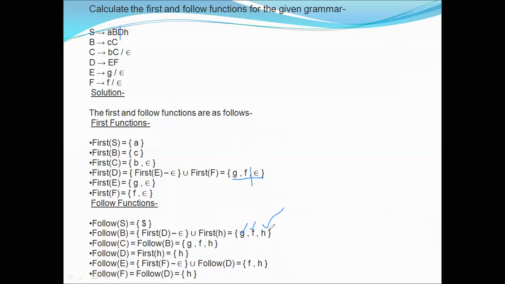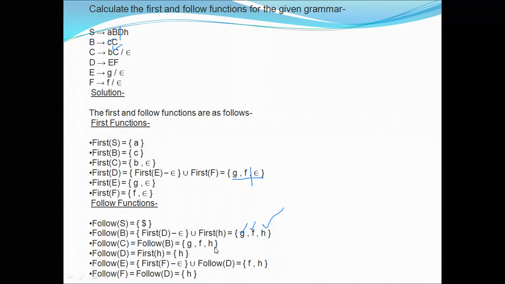Okay, next follow of C we want to find out. On the right-hand side C is here and here, two productions, and C is following what? C is following nothing. Okay, so according to the third rule, include the follow of B. If C is following nothing, include the follow of B. So what is the follow of B? Already we know G, F, H, we included here. According to this rule, for this production, C is following nothing, include the follow of C. So follow of C we already found out, that is G, F, H.